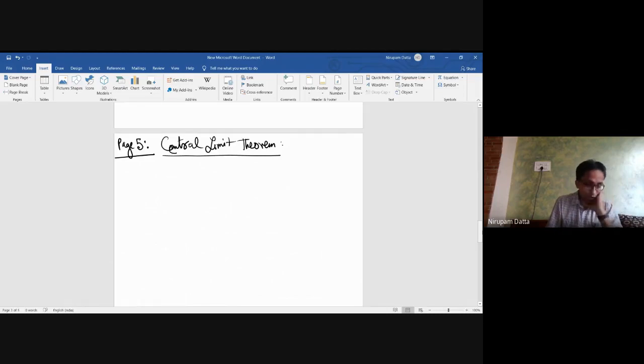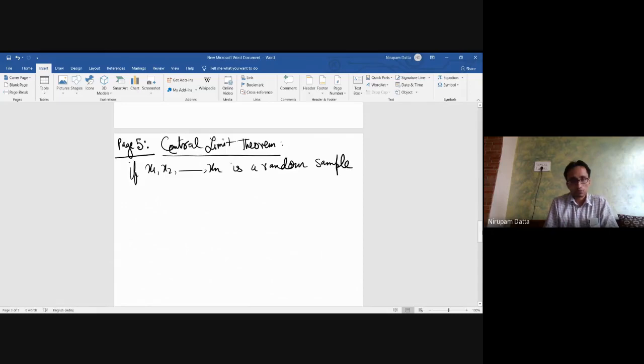So what does the central limit theorem stand for? It says that if x1, x2, ..., xn is a random sample of size n,